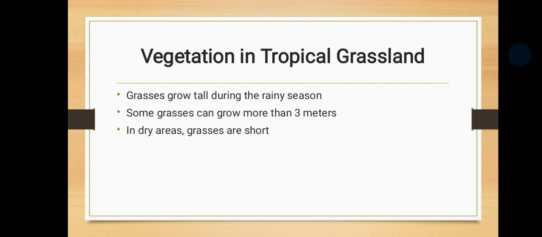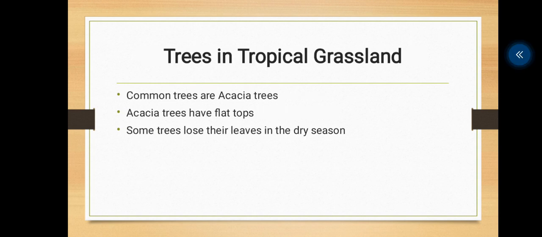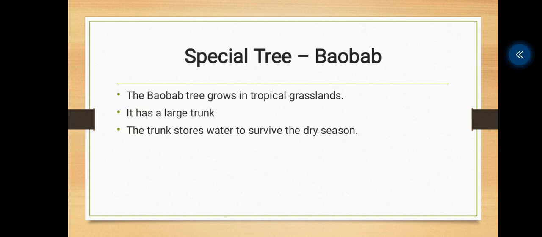Next, we will discuss about the trees in tropical grassland. There are only a few trees in tropical grasslands. A common example we can say is the acacia tree. Acacia trees usually have flat tops, which helps them receive sunlight. Some trees in these areas lose their leaves during the dry season to save water. So the special tree is